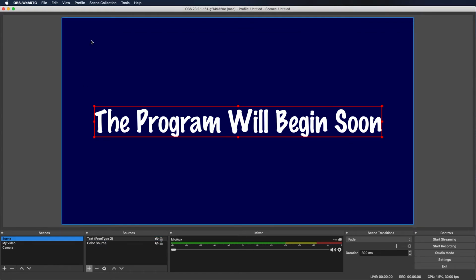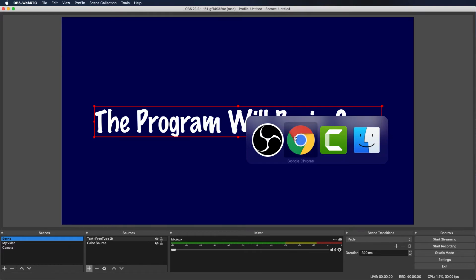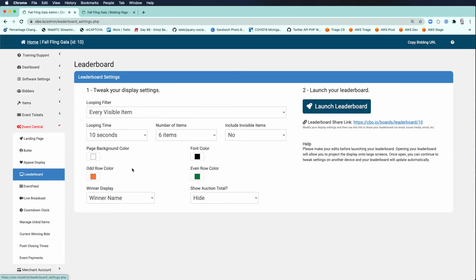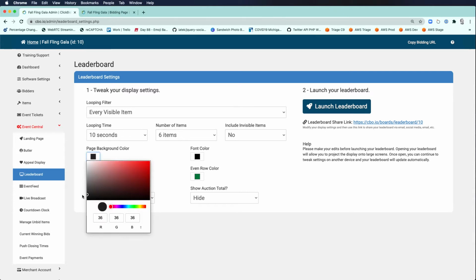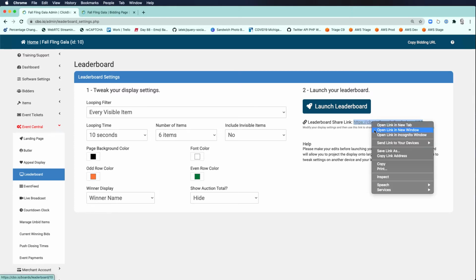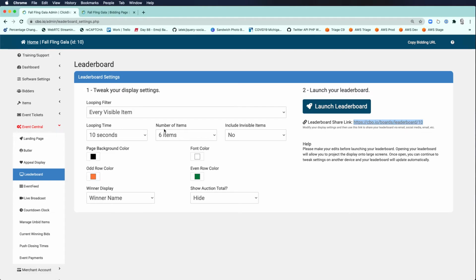So let's say we want to do something like add the leaderboard. If I jump over to my ClickBid admin and then I go to Event Central Leaderboard, I can then choose looping filters, colors, and so on, and I'm going to choose a page background color of black, and let's leave this. You can see here that I've got some options. I'm showing every visible item, and then I have this leaderboard share link. I'm going to right click on it and choose copy link address,